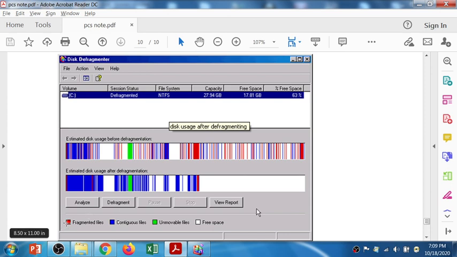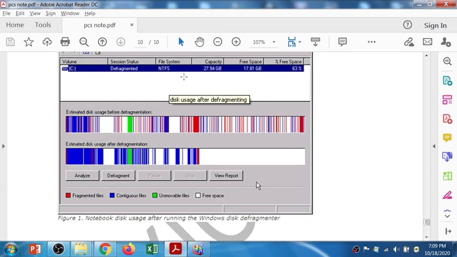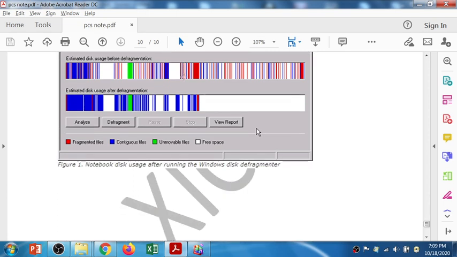This is the red color. You can find fragmented files; continuous files; and unmovable files are the green color, so you can't move them. This is the idle space, so you can shift your files here, right? So that is the actual task of disk defragmentation.